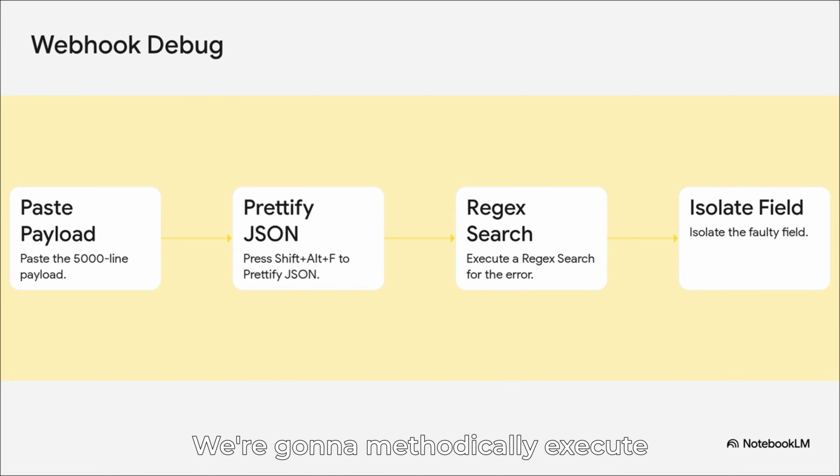We're going to methodically execute these 4 steps. First, paste that 5,000-line nightmare right into a new file and set the language to JSON. Second, and this feels like pure magic, press Shift plus Alt plus F to prettify the JSON. Instantly, VS Code transforms that chaotic minified string into a structured, easily readable tree. Third, we execute a regex search right there in the editor to quickly hunt down the known error string. And finally, relying on VS Code's bracket pair colorization, we can visually isolate the exact faulty field or missing bracket